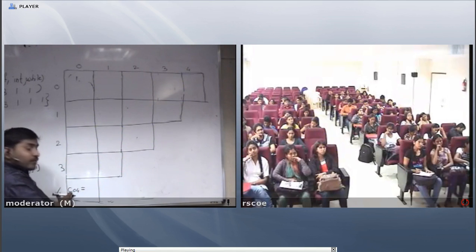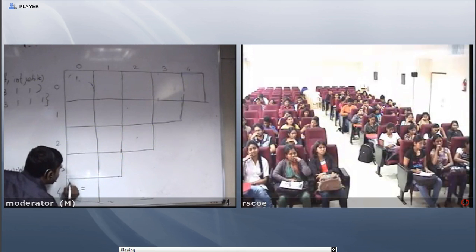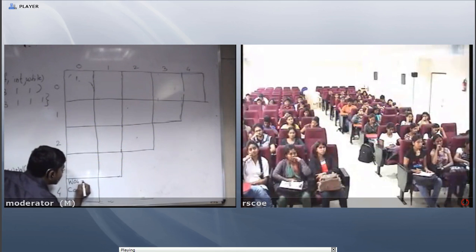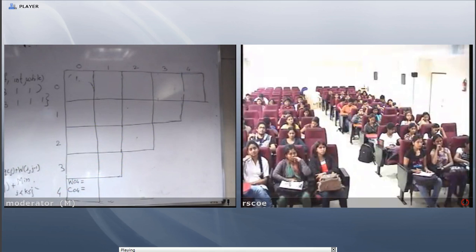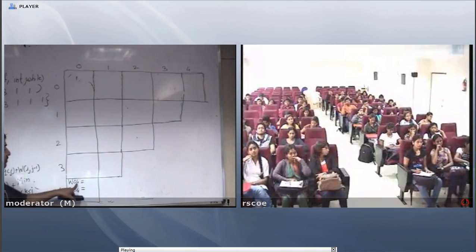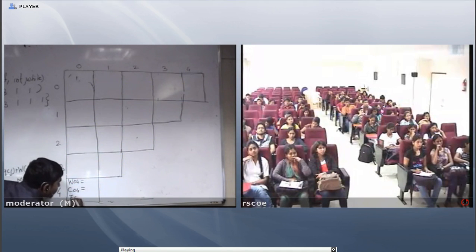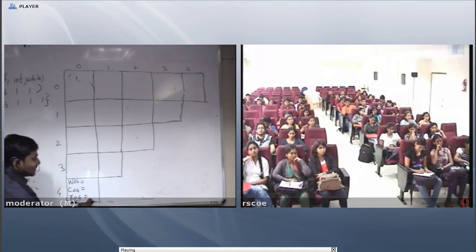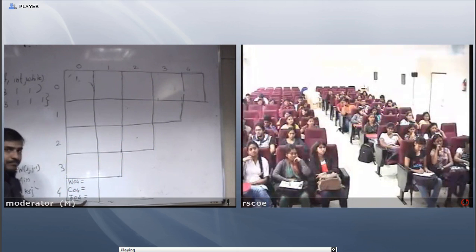When I want to find the cost of 0 to 4, first I want to find the weight of 0 to 4. Looking at the formula, first find W_ij. If I want the cost of 0, 4, first we find the weight of 0, 4. And what will be the best root from 0 to 4? This is my aim.